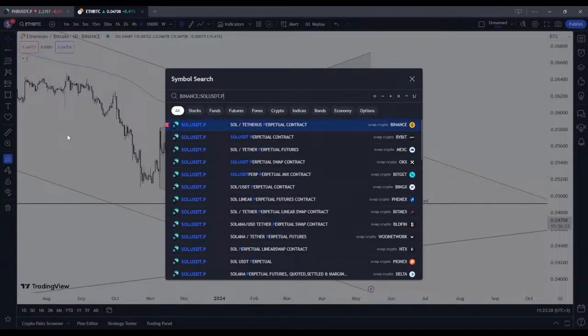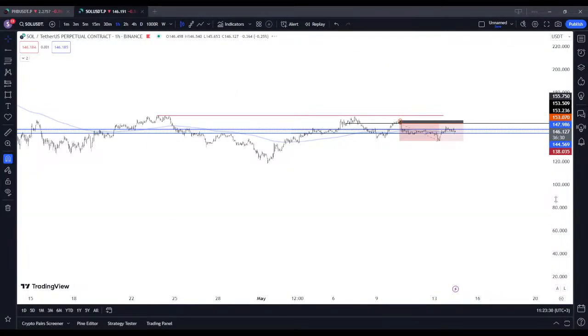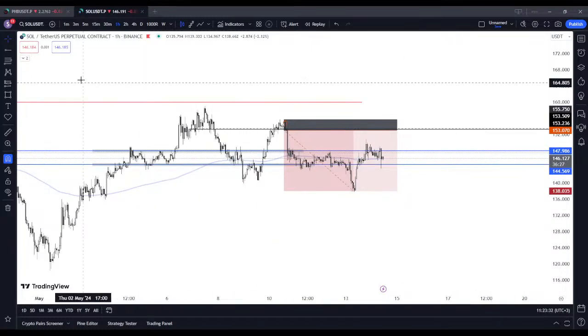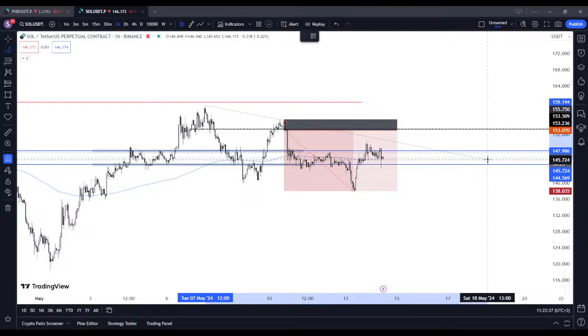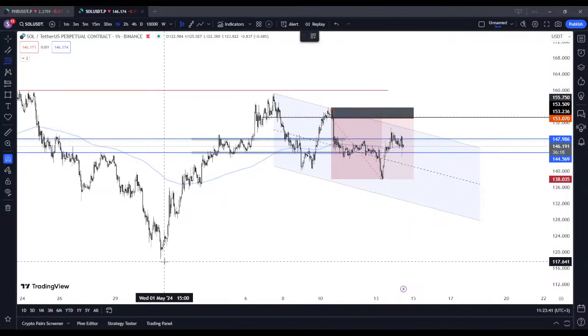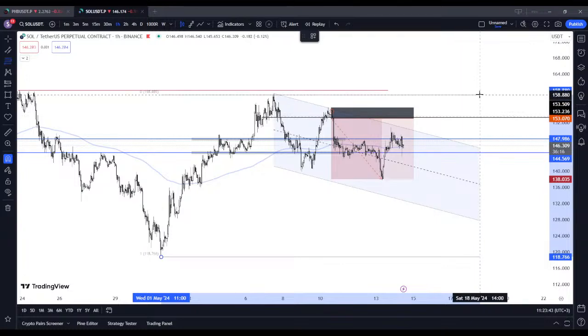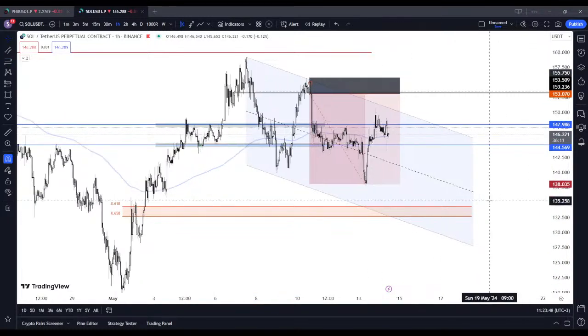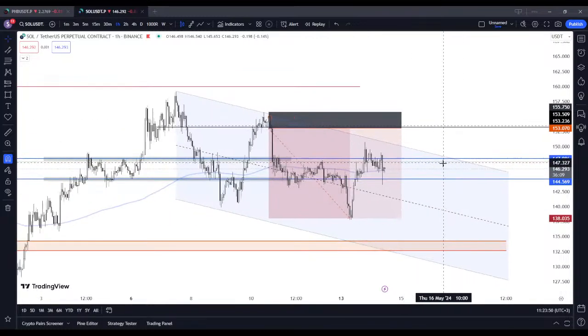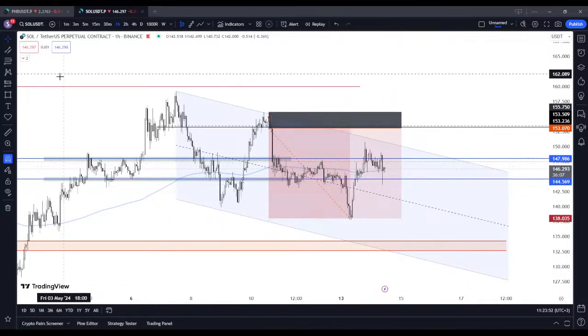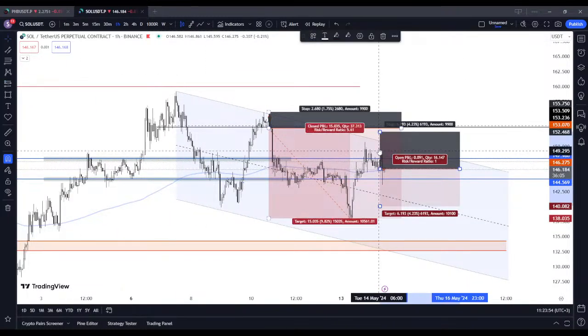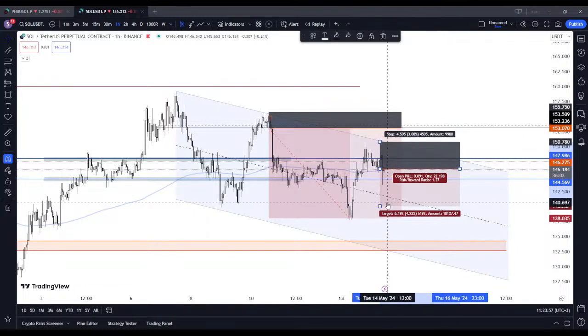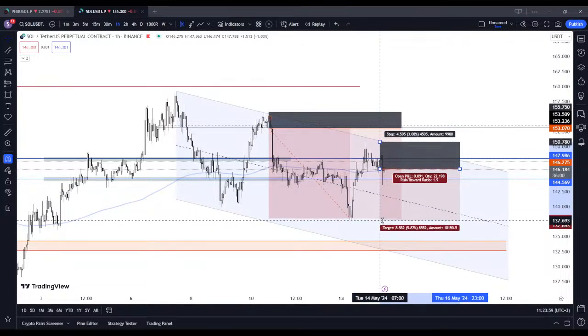Solana. Well, Solana 1 hour. Yeah, it's in a short position again. We have a descending channel. The price didn't tap into the 61.8 yet to make me think of a bounce. Let me check if you can get a good risk to reward from this actual position. Well, I like it.